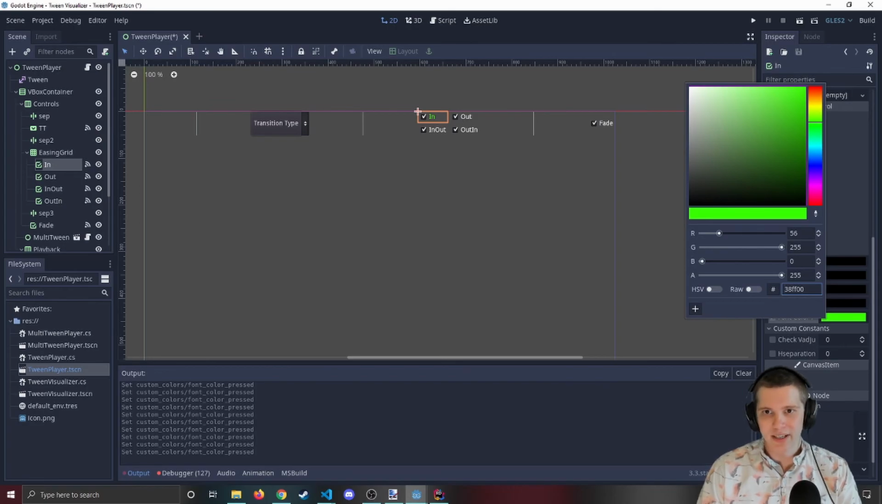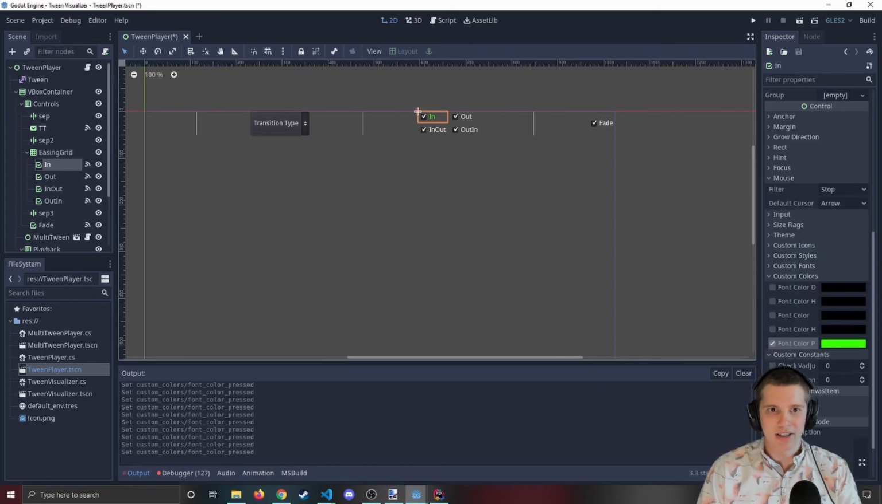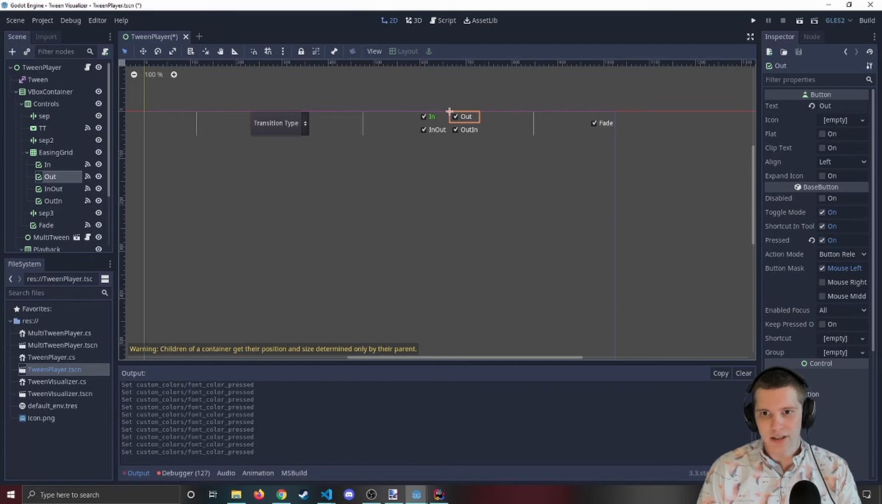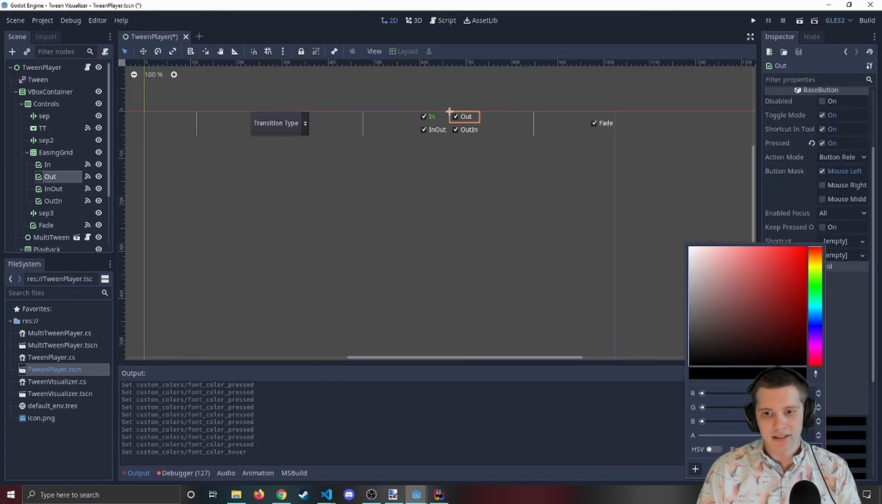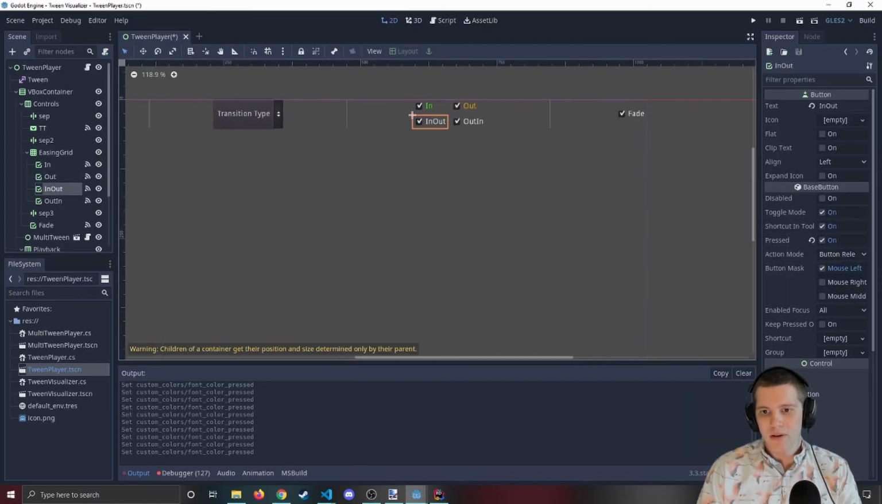And so in was just some green color. I'm not going to worry too much about matching. Out I have as an orange color. So I can go to custom colors, go to the pressed color, go to, I don't know, orangish. That looks good. In out